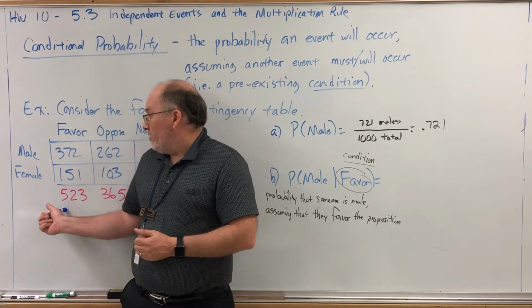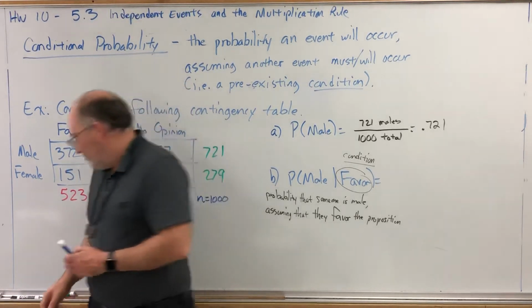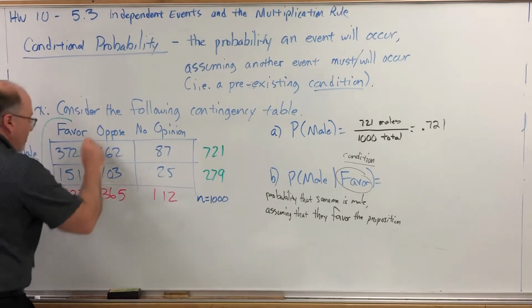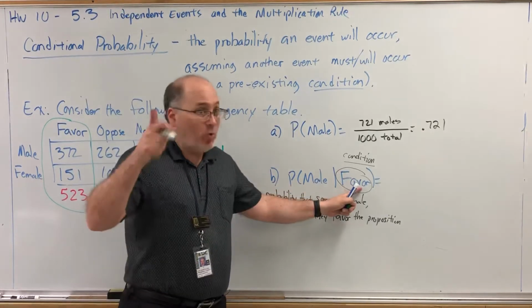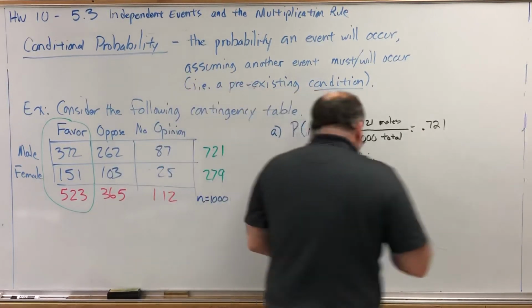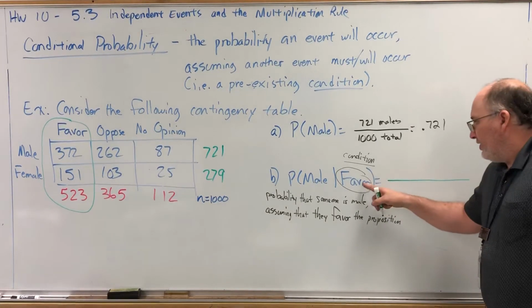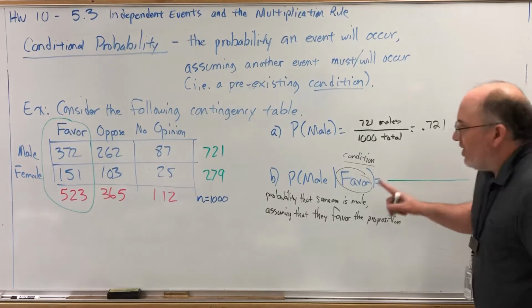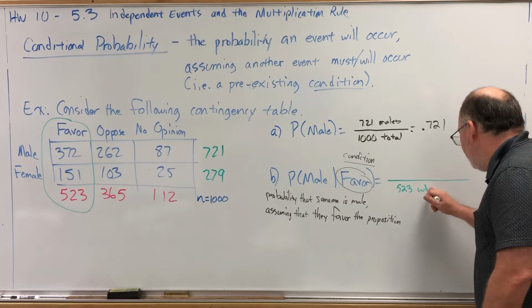Of the 523 who favor the proposition, 372 of them are male. So we're only focusing on this column because we're working under the assumption that they already said we favor this proposition. How would it look over here? Well, the condition basically dictates your denominator. So out of the 523 who favor,